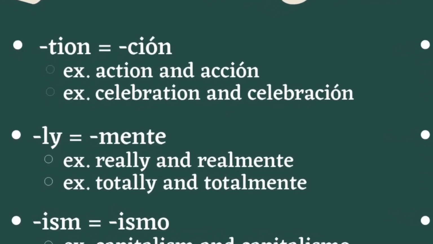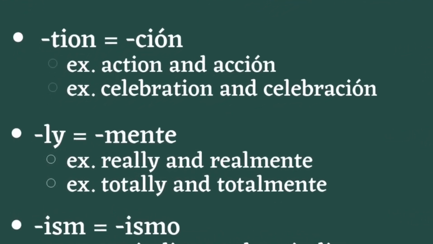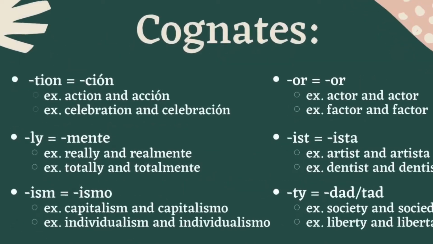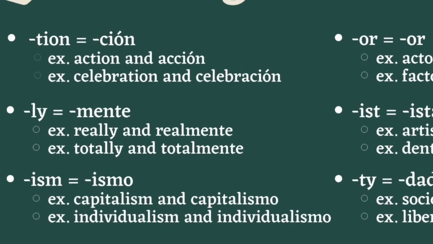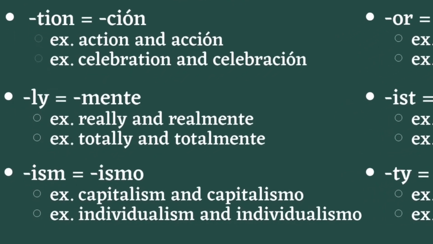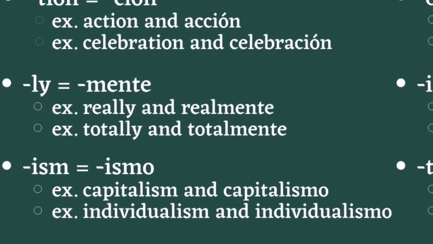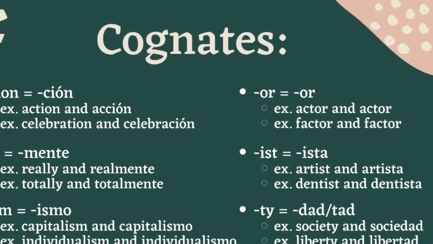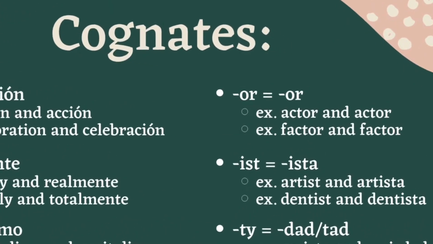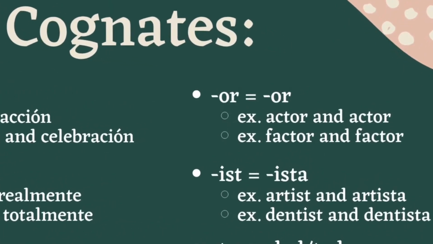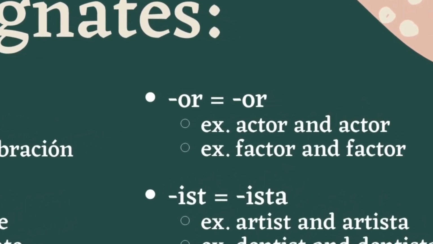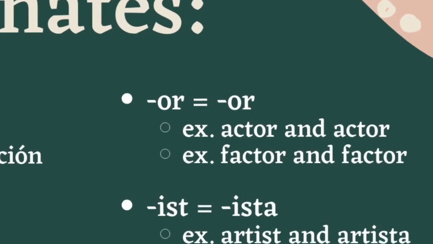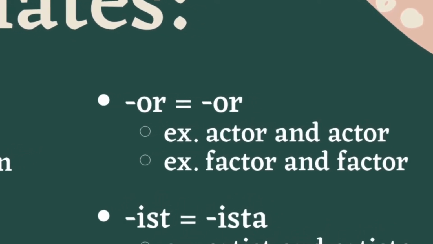For example, really, realmente. If in English a word ends with I-S-M, in Spanish, it will end with ISMO, like capitalism, capitalismo. The next cognate is an example of a cognate that isn't only similar, but it is the exact same. In English, if a word ends with OR, then in Spanish, it will usually end with OR as well,